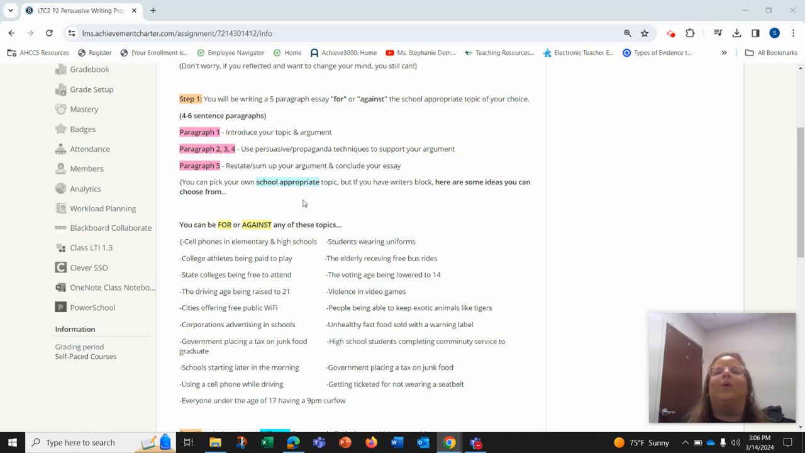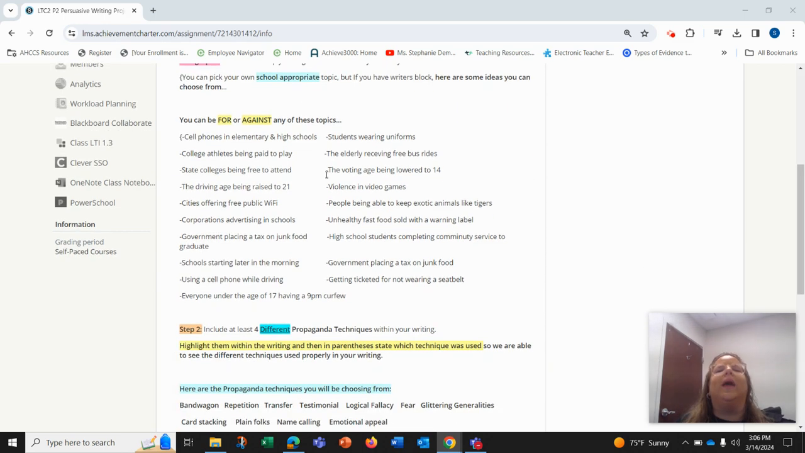So you can pick your own school appropriate topic, but if you have writer's block, here are some ideas you can choose from. You can be for or against any of these topics. Cell phones in elementary and high schools, students wearing uniforms, college athletes being paid to play, the elderly receiving free bus rides, state colleges being free to attend, the voting age being lowered to 14, cities offering free public Wi-Fi, people being able to keep exotic animals like tigers,